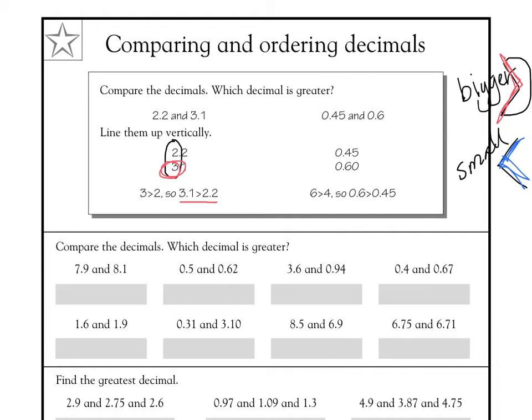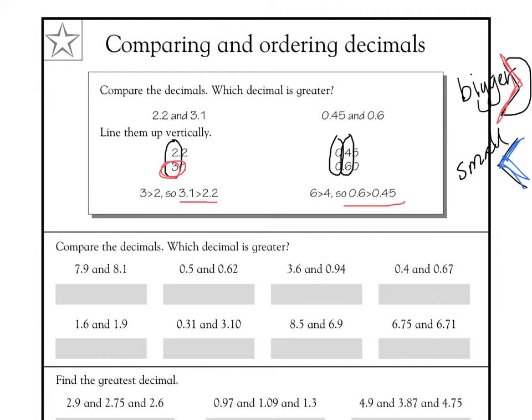If we line them up vertically, we compare the zeros. They are in common. And then we go to the next digit, which is the tenths place. And we notice that 6 is greater than 4. Therefore, we know that 6 tenths is greater than 45 hundredths. So all we have to do here is use the greater than or less than sign in place of the